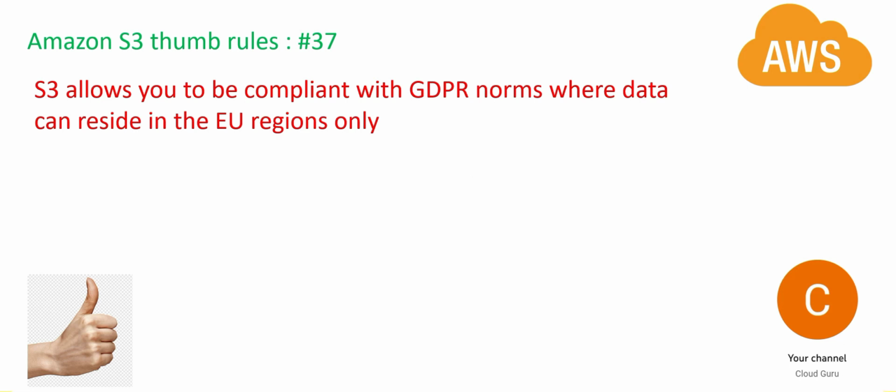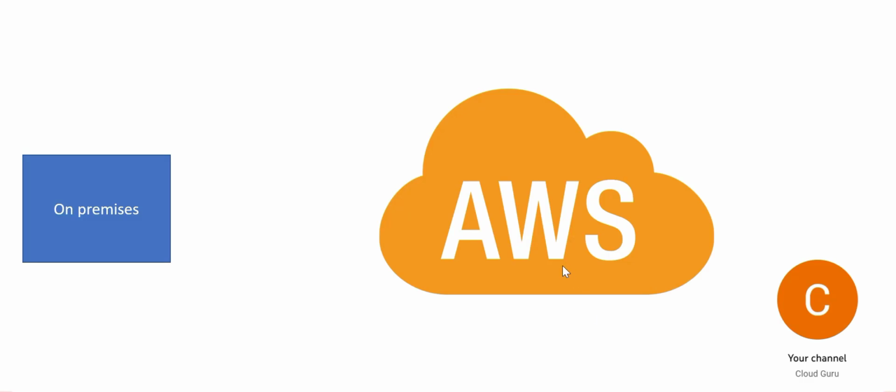Consider a scenario: you have a lot of files on S3, and you don't know which files have confidential data, like social security numbers, national IDs, Aadhaar numbers, etc. As a client, you have done a one-time migration from on-premises to AWS, and you cannot do this exercise manually because you have moved terabytes of data. You need some sort of automation to go into the files and check: do I see a social security number? Yes, I need to make it secure.